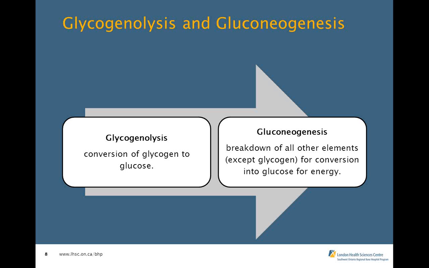Now conversely, with gluconeogenesis, when all of our stores are gone, everything's gone out of our bloodstream, our glycogen, glucagon stores, they've been totally depleted, then what happens is, with gluconeogenesis, the body starts to break down other elements in order to maintain energy or to create energy, which it doesn't normally do. And as a result of that, fats and proteins will break down and ketone bodies will build up. So as we move forward here,